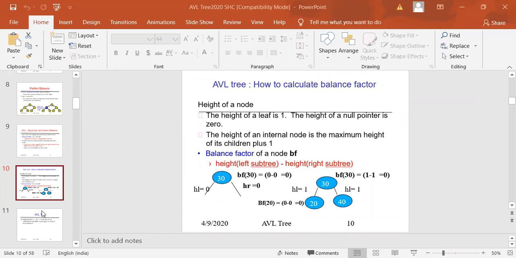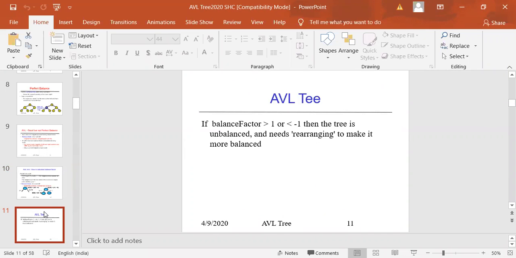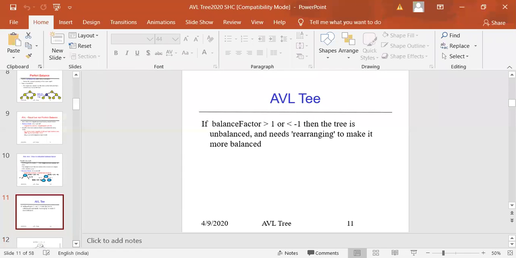Okay, now we'll go for the next slide. As per the AVL discussion, if the balance factor is greater than 1 or less than minus 1, what does it indicate? If greater than 1, the balance factor is crossing the value 1; when it is a positive number, it may become 2, 3, then the tree is unbalanced at that particular node where the balance factor becomes greater than 1. Same way, when your balance factor goes down to minus 2, minus 3, it also indicates that my tree is unbalanced at this particular point, and we have to do something to balance my tree again. Then what we are supposed to do, we'll see first.